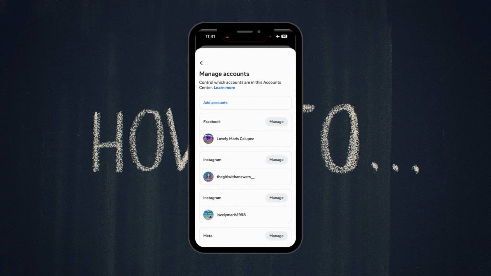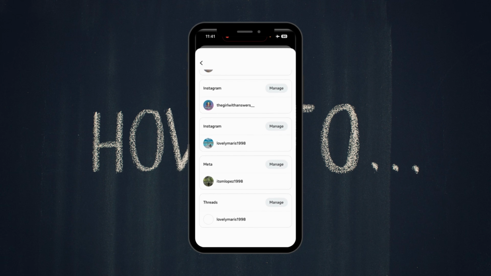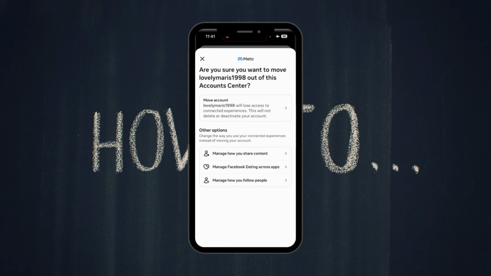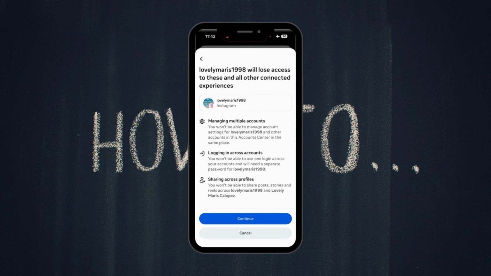Next, choose the Instagram account you want to remove. Click Manage. Next, tap Move out of this account center. Then select Move Account. So it says here you won't be able to manage account settings from your account and